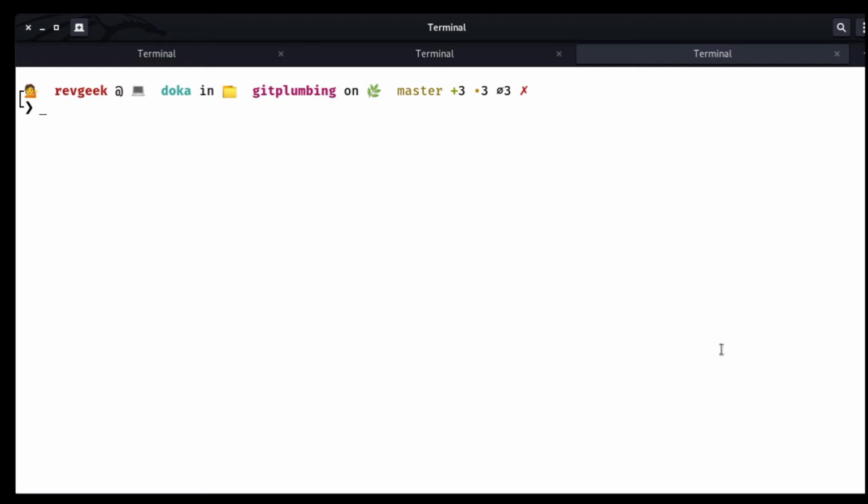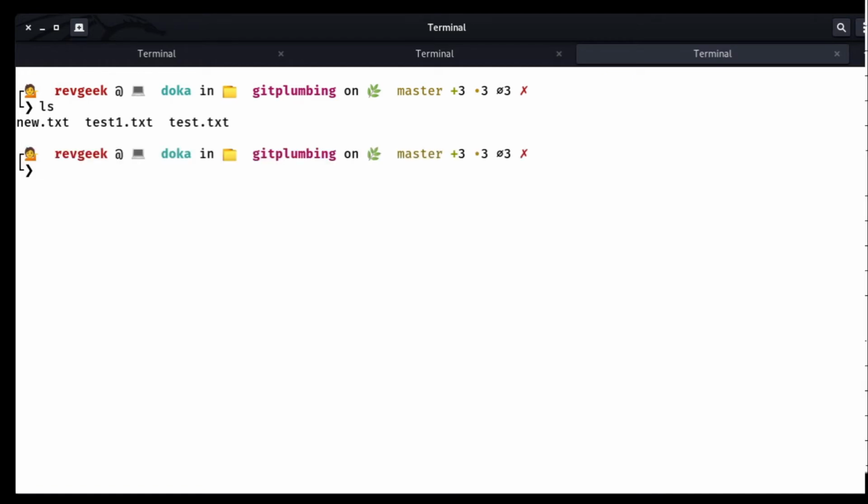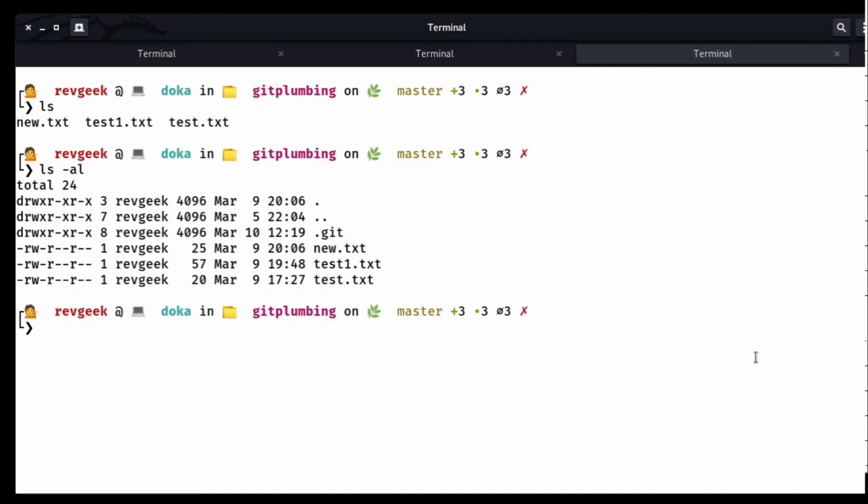The most important thing today, as I just mentioned before, is the .git folder. When you do the ls, you can't see it, so it is a hidden folder. To view the hidden folder, we run the command ls -l, and then we get the .git. So we'll cd into this folder. I've started by creating a Git repository. I've already initialized